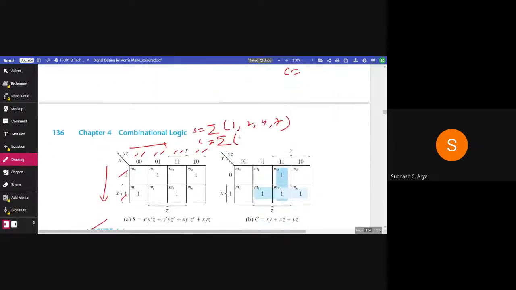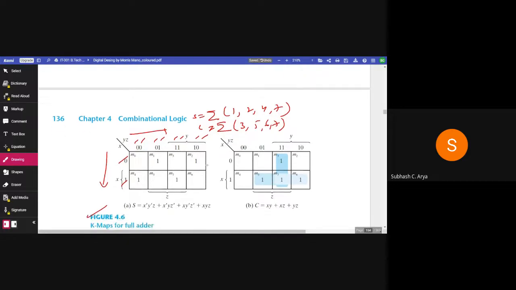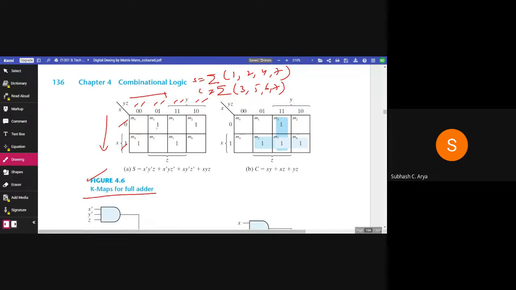So 3, 5, 6, 7. Okay, this is from the truth table. Now we want to simplify it. So we have written here for sum, this is sum: 1, 2, 4, 7. And we see here,